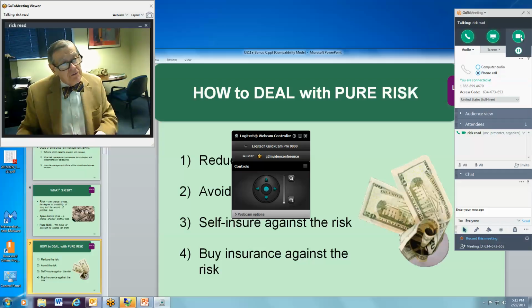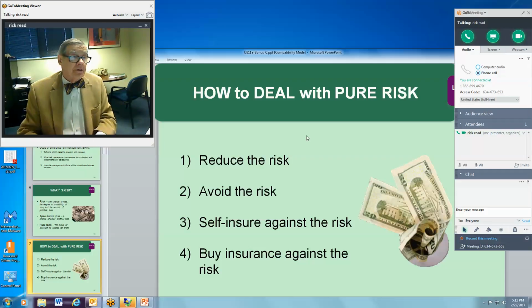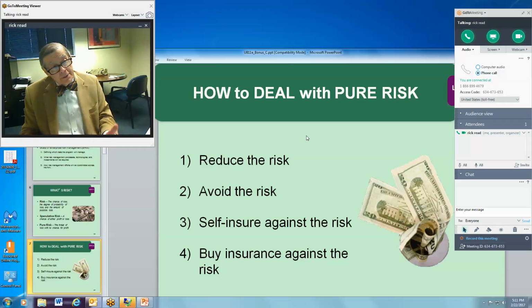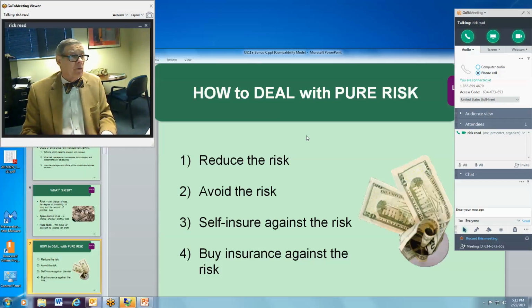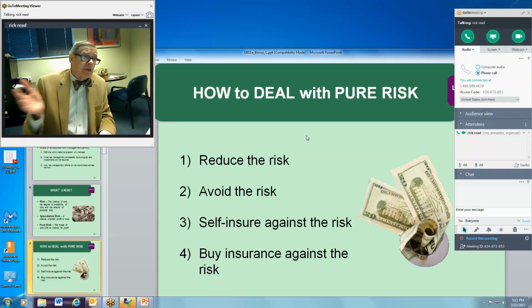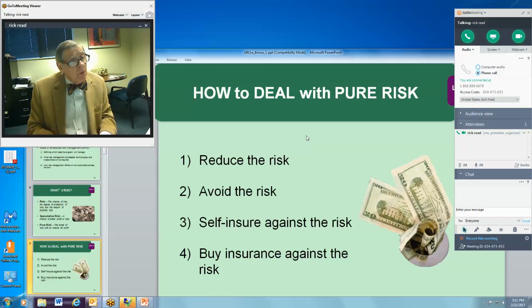You can self-insure against the risk. That's saying, okay, I've got X dollars here in my pocket, or X dollars in the safe, or we've committed X dollars to say if this happens, we can pay it off. And the last thing is buying insurance. And that's what we do when we buy automobile insurance, or homeowners insurance. We're trying to protect ourselves against the risk of theft, of fire, of an accident, of something else. And so if those things happen, we'll be able to recover most, if not all, of the worth of that particular piece of property that was damaged in some respect.